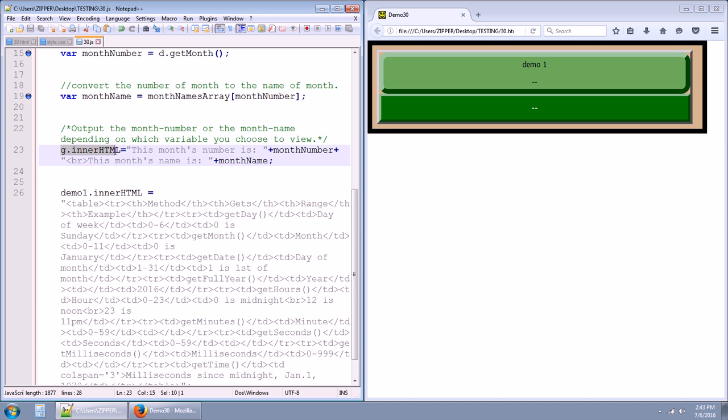Remember, I said G was the ID of our button up here. So instead of seeing the words demo1 and a couple of dashes, we're going to see the words this month's number is, and then we're going to concatenate the value of month number. So the first sentence is going to say this month's number is 6,